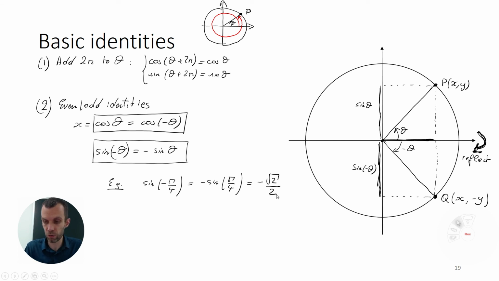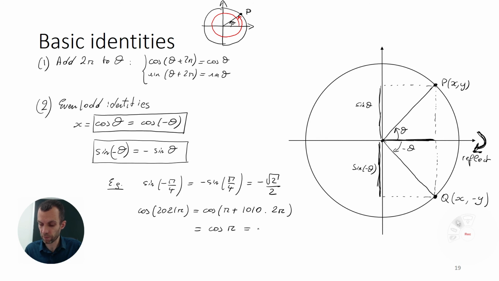Another example to use the first identity, if I ask you what is the cosine of 2020 times pi, well, you can pull that apart a bit to say that's pi plus 1010 times 2 pi. Multiples of 2 pi don't change the value of cosine, so that's cosine of pi, and that is equal to